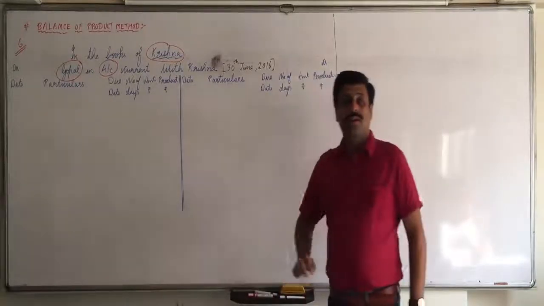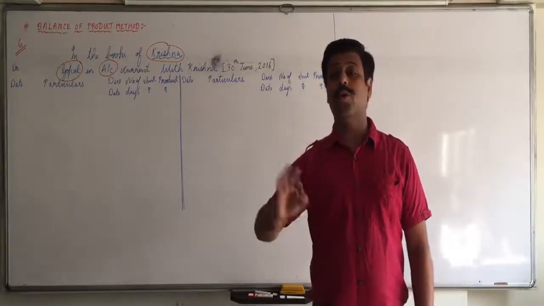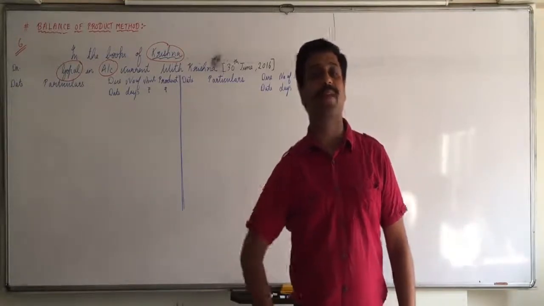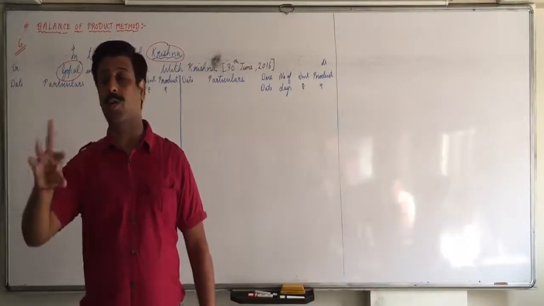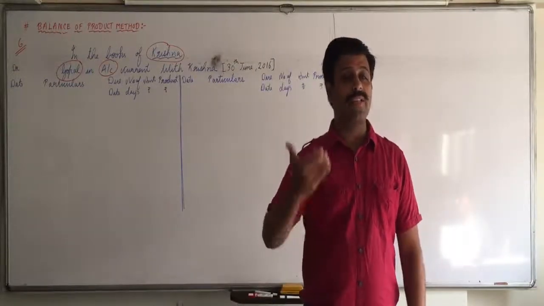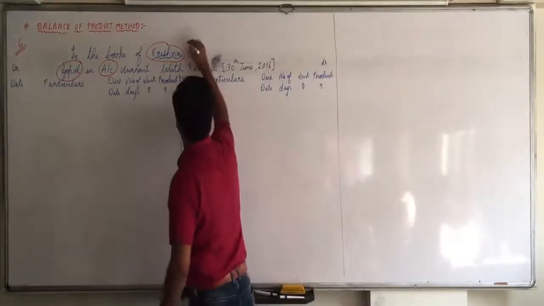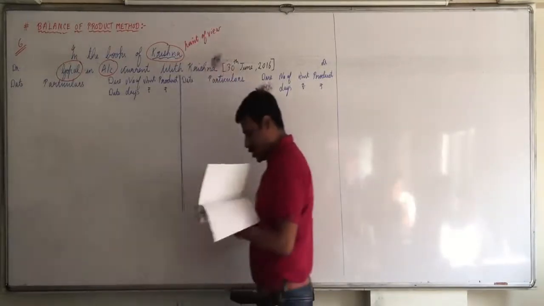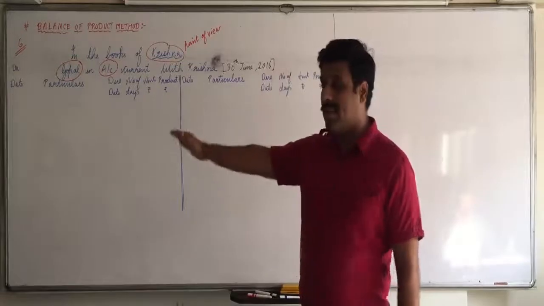Now due, silence everyone. Due to Krishna means for Krishna. Is it receivable or payable? Any amount due to Krishna. There are two languages possible, due to or due by. Here when they say due to Krishna, we will see from Krishna's point of view. So for Krishna, is it receivable or payable? Receivable. We have to see from the point of view of Krishna. Okay. Receivable will have debit balance. So this balance will be written on the debit side.